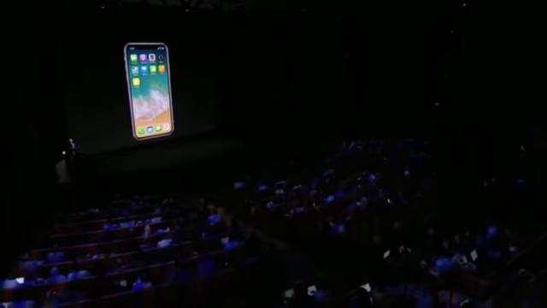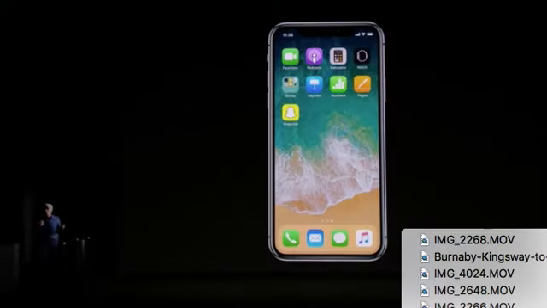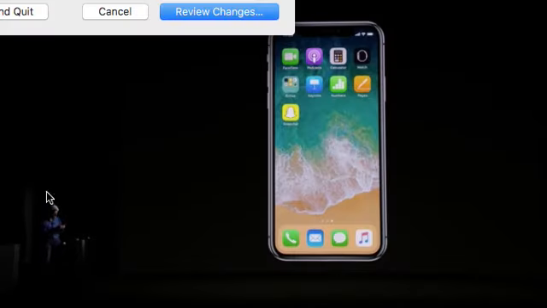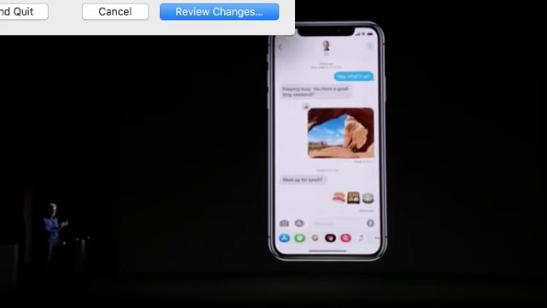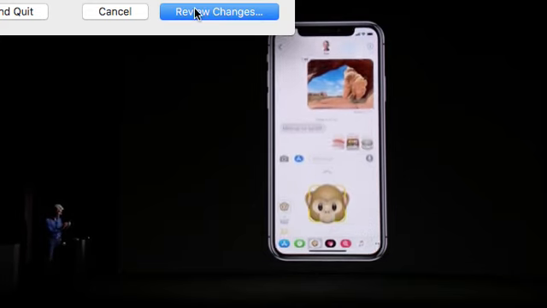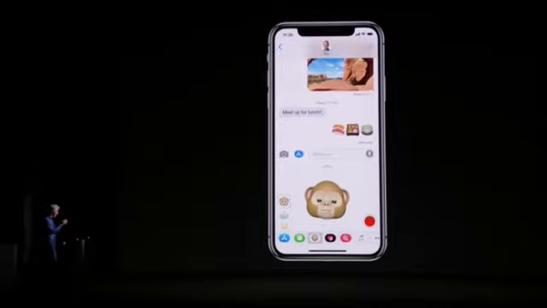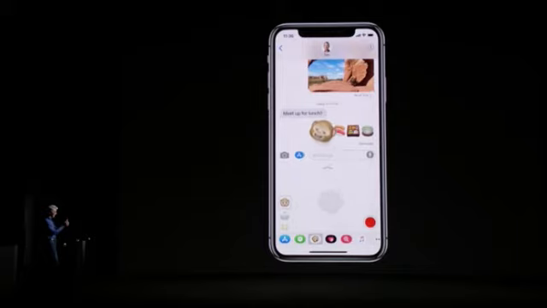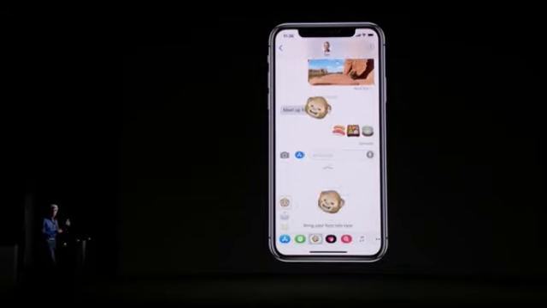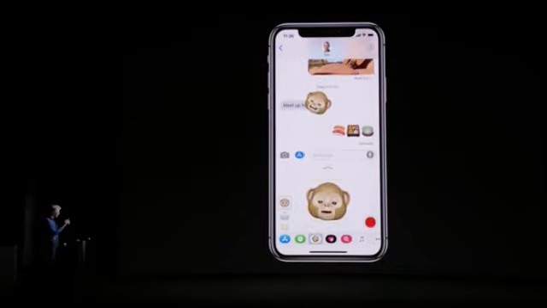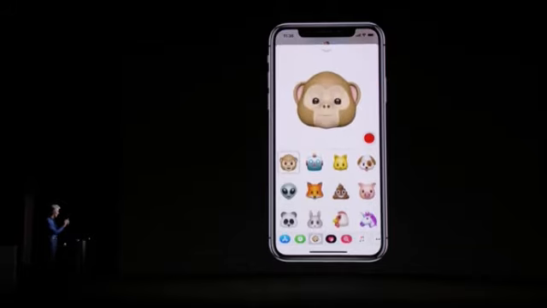Now, of course, many of us like to communicate with emoji. And with Animoji, we can now breathe our own personality into our favorites. It's available as an app right inside of Messages, so I can just go right in here, and it immediately starts tracking me. So I can make whatever expression I want, and just pick that up and use it as a sticker, drop it on my message like that. We also let you manipulate these in full screen. You can audition your favorites, and there's some really great ones, like the